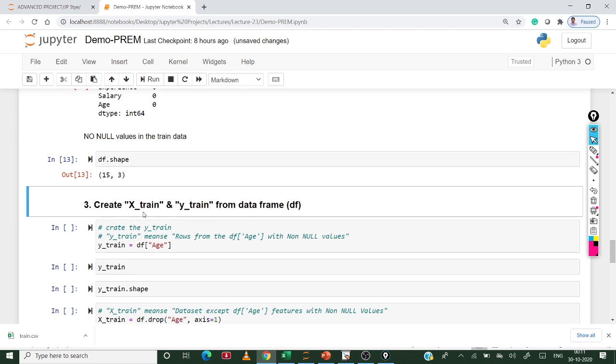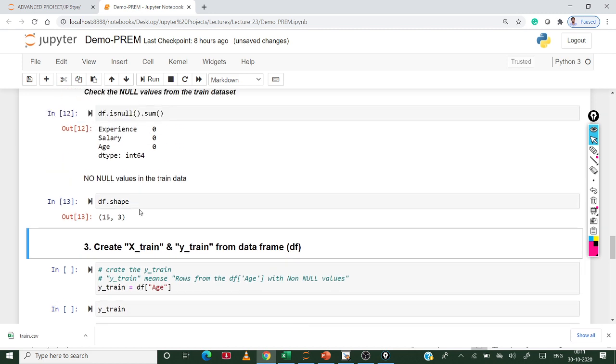So what did we do till now? This is the data frame. It contains experience, salary and age. The data set shape is 20 by 3. In this data frame we have to separate the missing values.